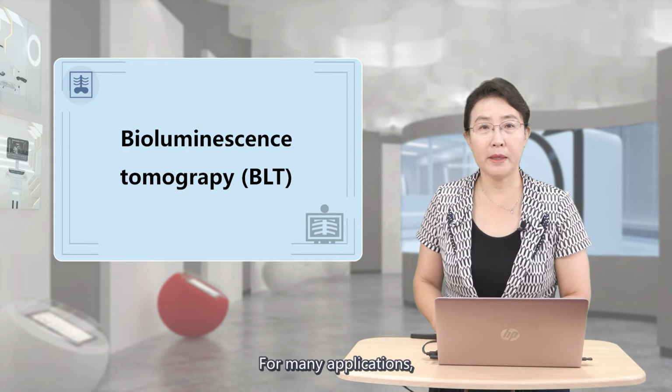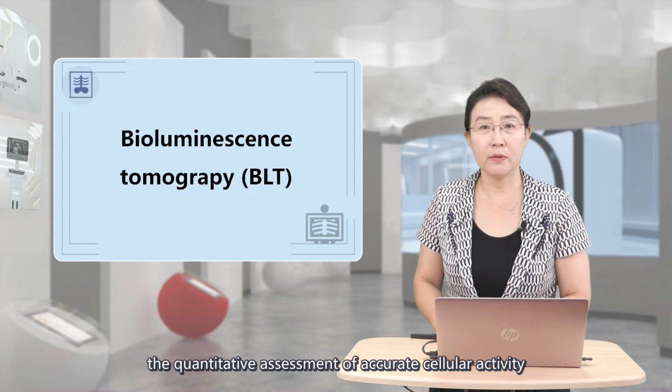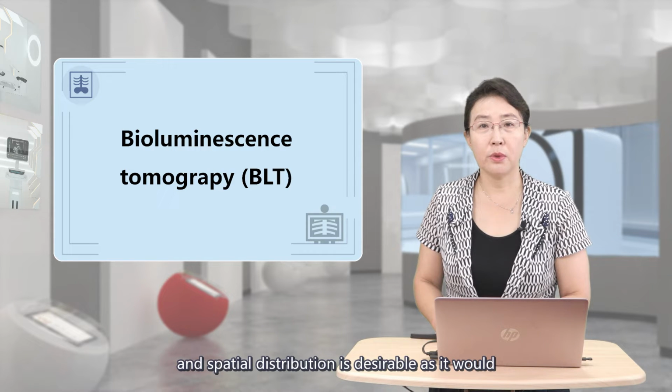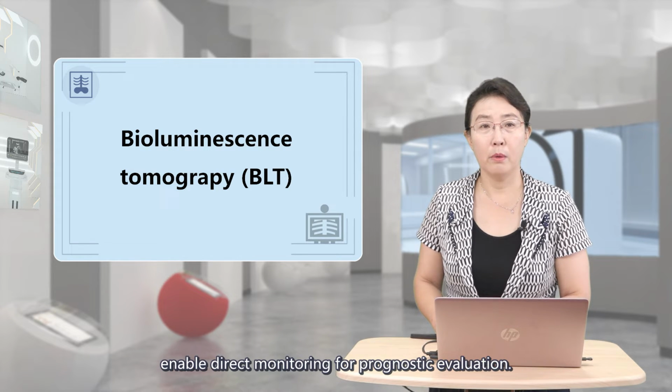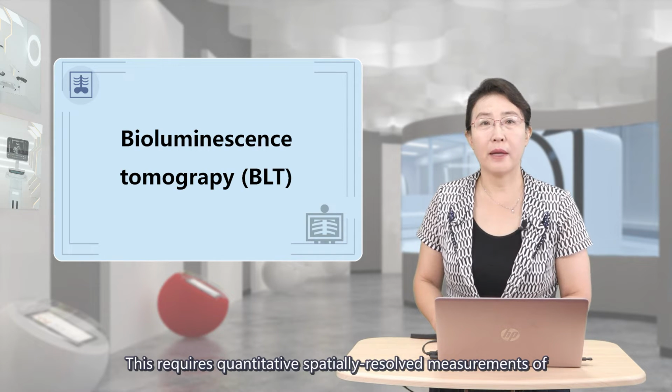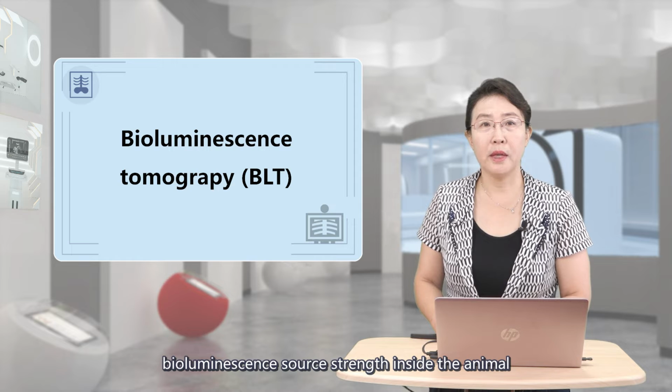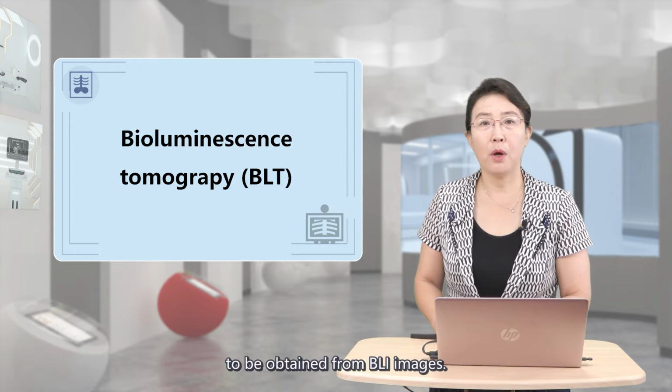For many applications, the quantitative assessment of accurate cellular activity and spatial distribution is desirable, as it would enable direct monitoring for prognostic evaluation. This requires quantitative spatially resolved measurements of bioluminescence source strength inside the animal to be obtained